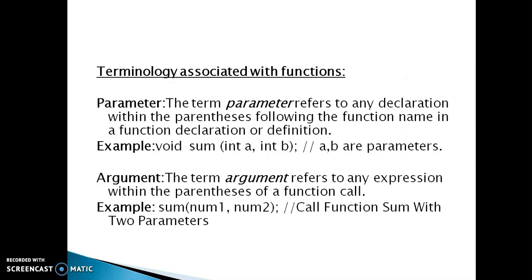A few terms we have to learn here are parameters and arguments. There is not much difference. The variables which are used in the function declaration are called parameters, and the variables which are used in the function call are called arguments. These arguments are also of two types: formal arguments and actual arguments. Actual arguments are passed in the function call, and formal arguments are contained in the function definition. Anyhow, we'll learn more about actual parameters and formal parameters, including their differences too.